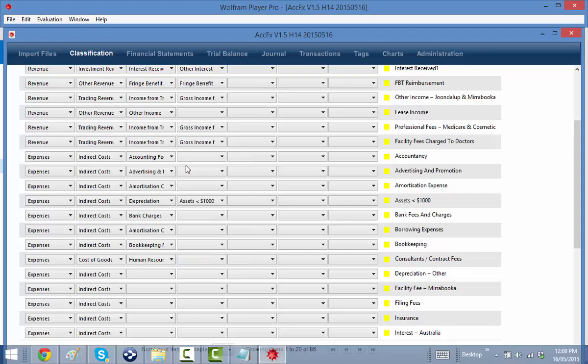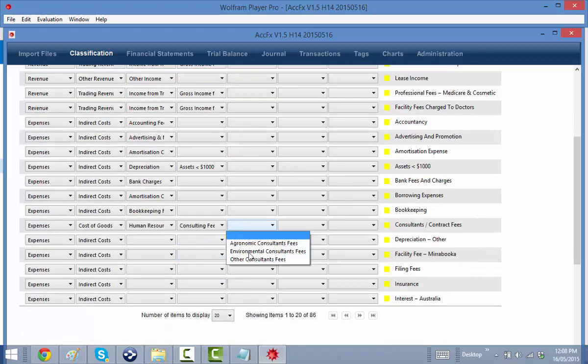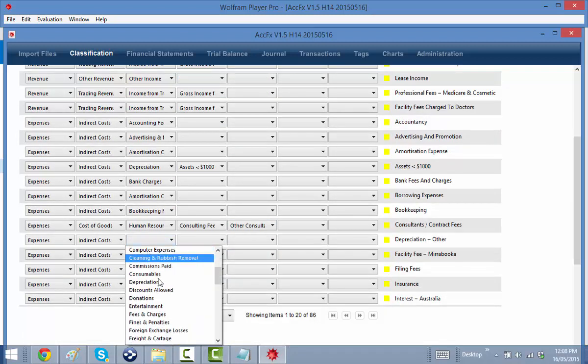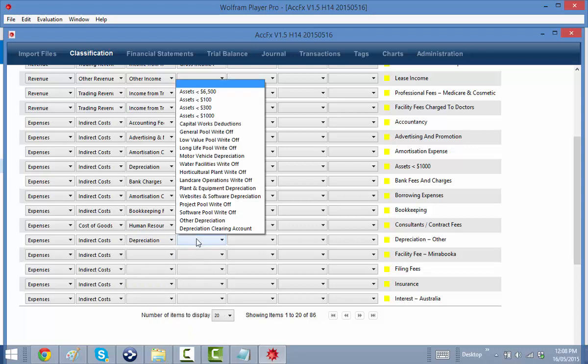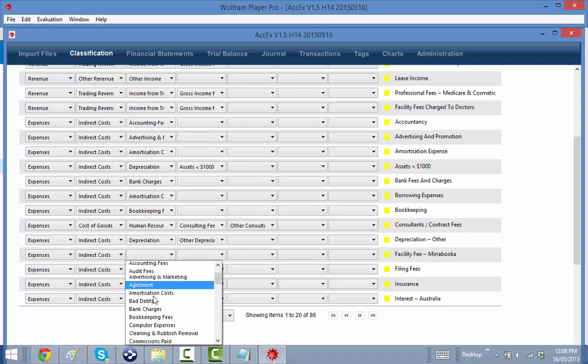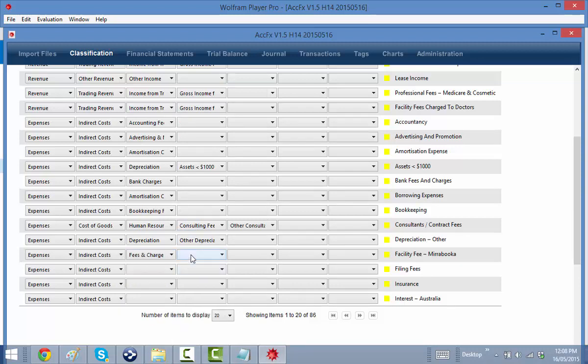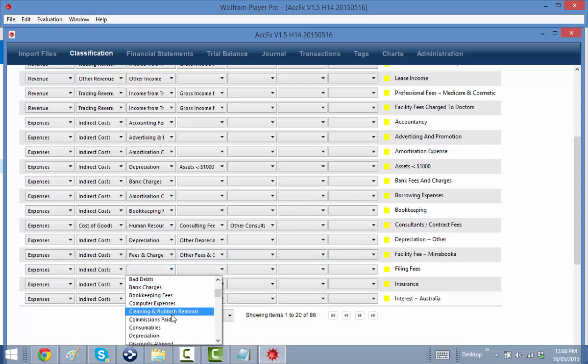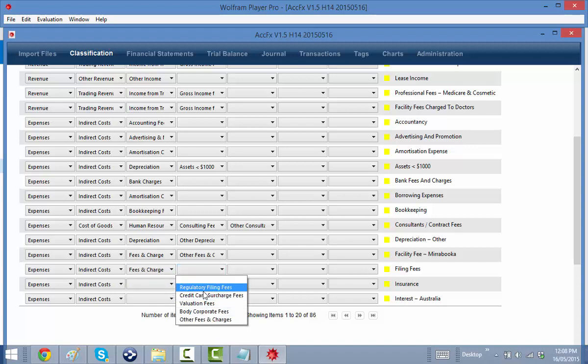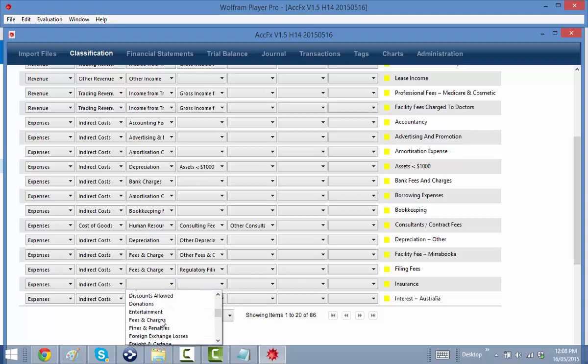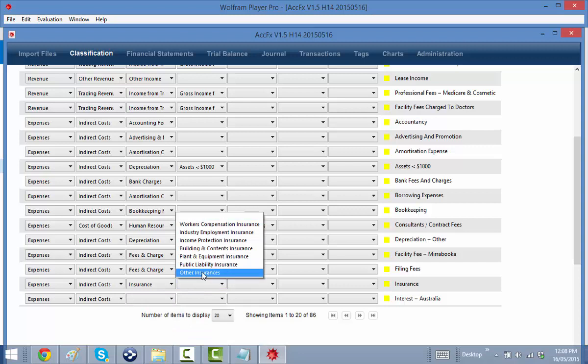So consultants, and it's other consultants. So depreciation other, we don't know what type it is exactly. Fees, so this is some sort of fees and charges. You'd have to look to see if that was really big, to see if it had some sort of relationship with the revenue, but having had a look, I don't think it did. So you know that your regulatory filing fees, insurances, so we don't know what sort,